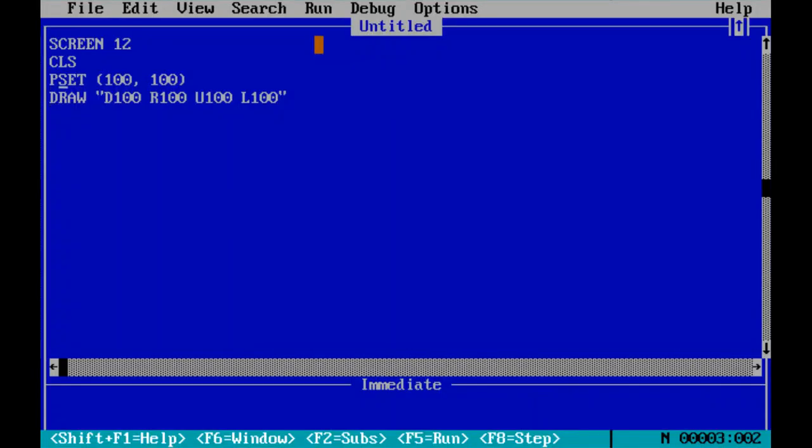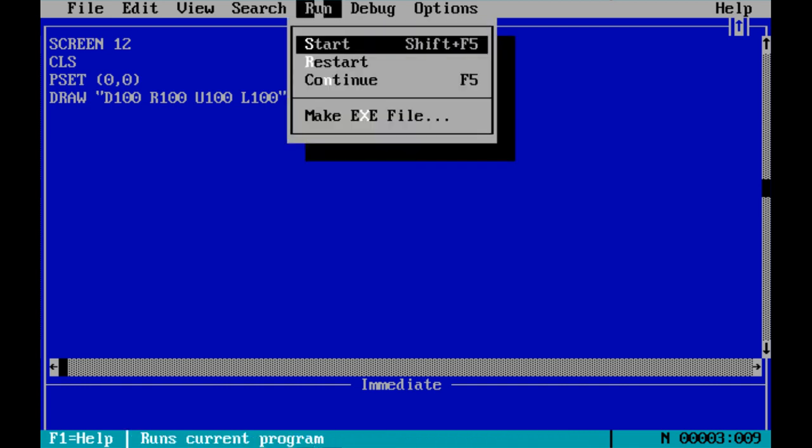So you can see that if we mention here 0, 0, x value is equal to 0, y value is equal to 0. So our x will start from the top left side. Just run this command again. So our screen coordinates start from the top side. As you can see, our square starts from x value 0 and y value 0.